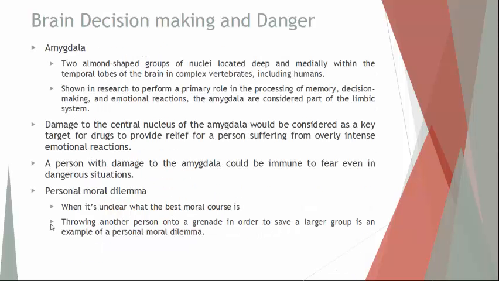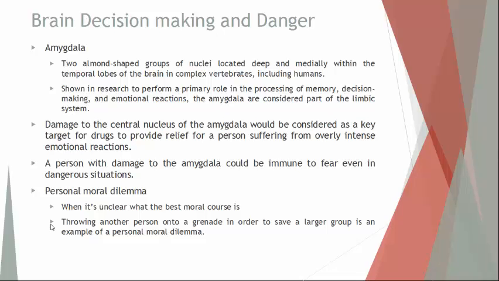Okay, the next topic we'll go over is decision making and danger. A key structure of the brain that's involved with decision making and being able to recognize what is dangerous is the amygdala. The term amygdala is singular. Amygdalae would be plural, because there are 2 of these structures. They're about the size of an almond, and each one is deep within the temporal lobe in higher evolved vertebrates